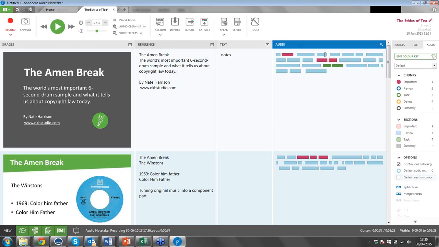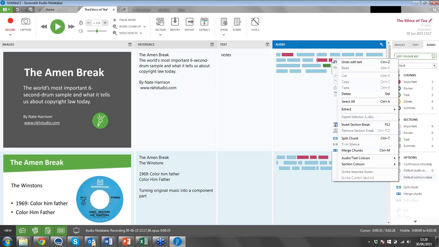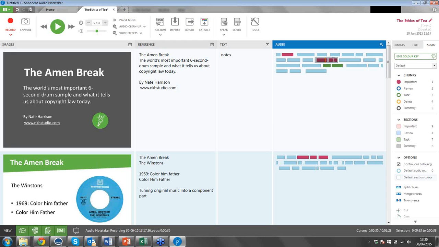Or in fact what they can also do is edit it further. So it may be that, for example, this information here that we've got shown in red is important, but actually it's more pertinent to this slide here. Equally, they may decide after listening back that this information here doesn't actually relate to a task and they can delete it. So in effect what we have is almost like using a word processor, except